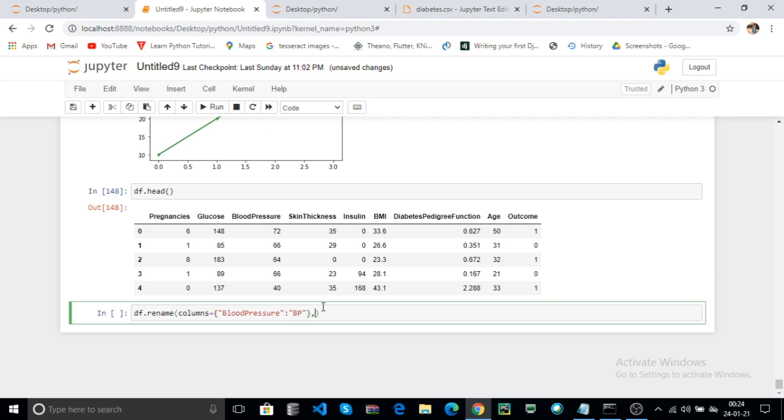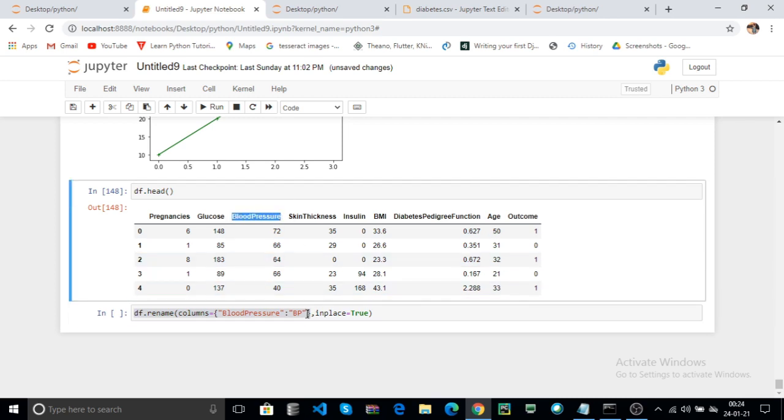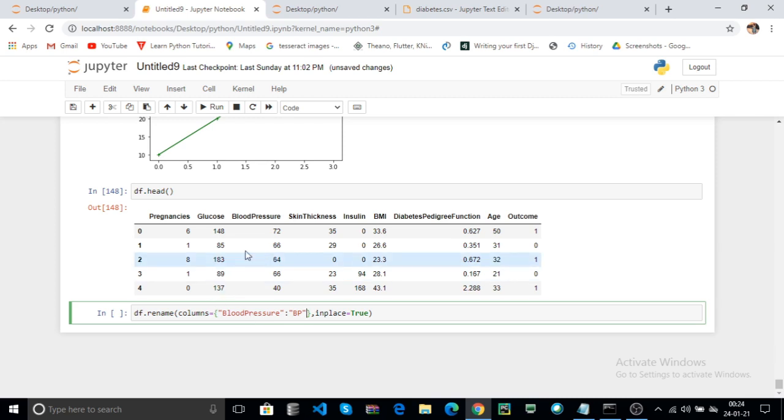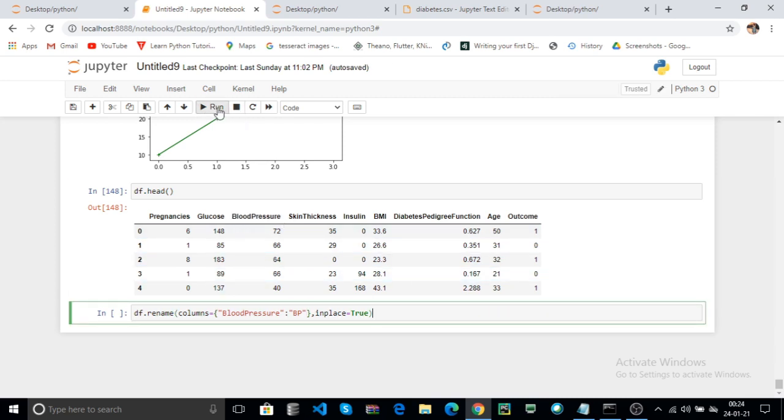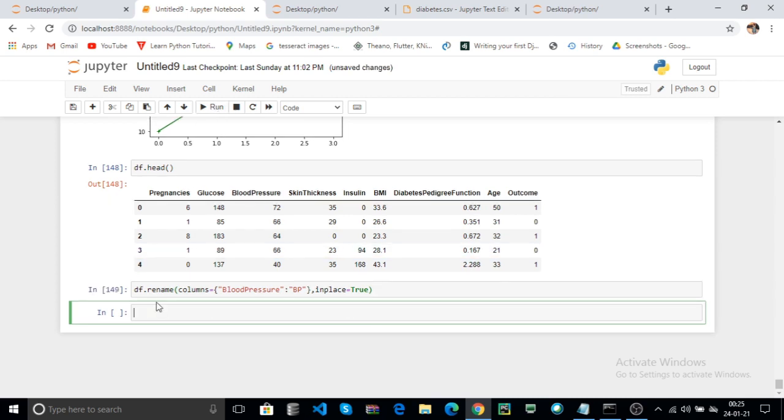Here, without using inplace equal to true, this displays BP in the data set, but BP is not updated in your data frame. Click on run. You can also check df.head.